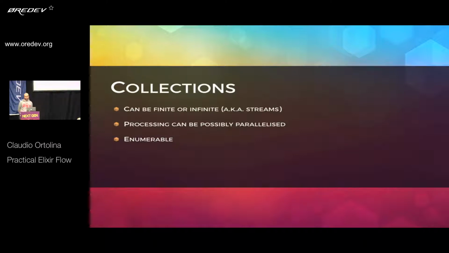So in both methods and both approaches that we're going to see for the rest of the talk, the main difference is that everything is sort of locked down in a potential state until we start enumerating it and until we start applying enumerable functions on it. And that's important to keep in mind because when you start using those functions on enumerable things, that's when it becomes concrete. That's when you get really eager about their processing. So the more you can avoid doing that until you need it, the better it is.